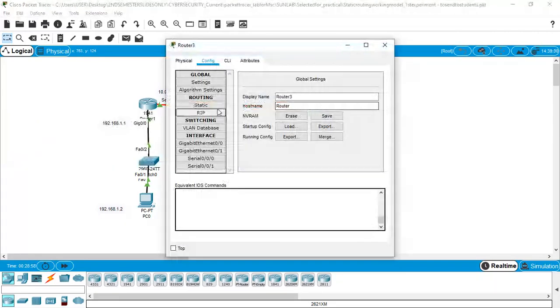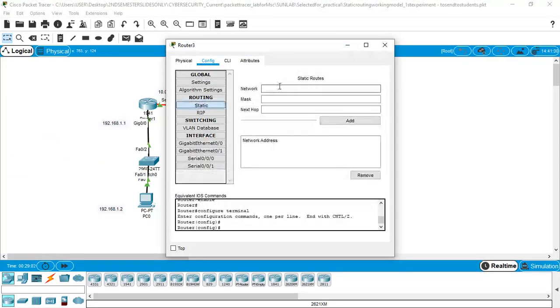Go to Config, Static routing, and here we have to consider three networks. The first one will be 192.168.1.0, and the subnet mask will be 255.255.255.0 via the interface 10.0.0.1.